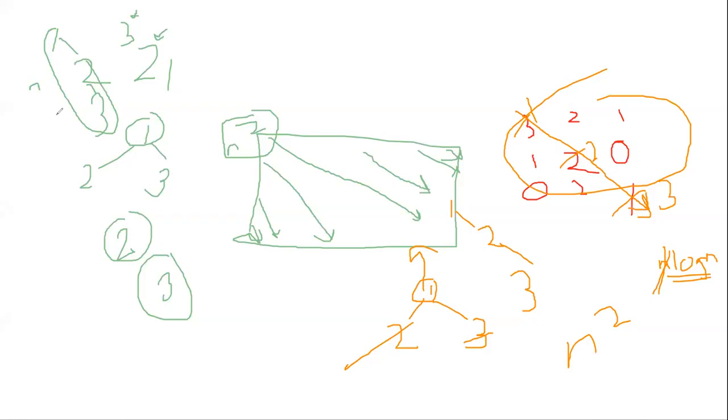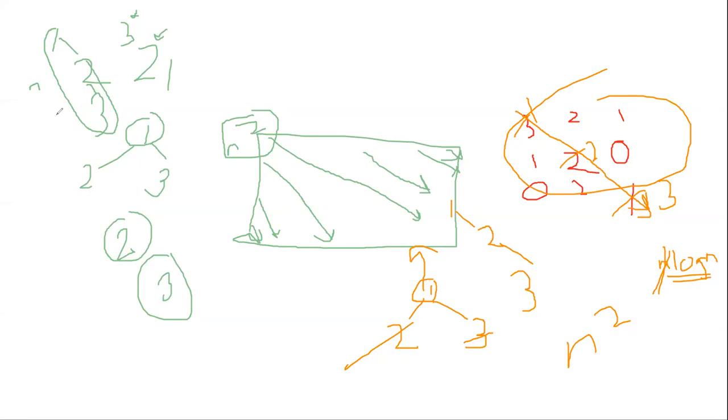No, I'm talking about a single diagonal. Let's take just a single diagonal, the 3, 2, 1. So you're saying it's a 3 cross 3 matrix. Let's assume it's an n cross n matrix. How many elements do you think will be on the diagonal? n. Correct. So if you take each of those elements and insert it into a heap, every time you're taking one element and inserting it into a heap, you're getting n log n complexity for that diagonal. Is that correct? Yeah. Right.